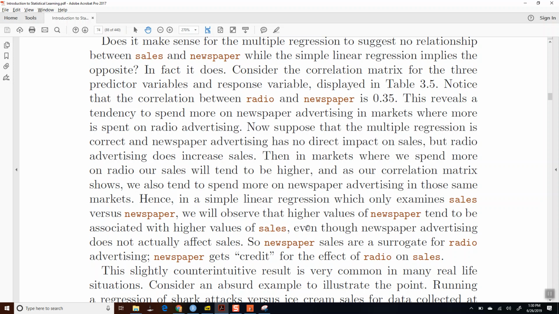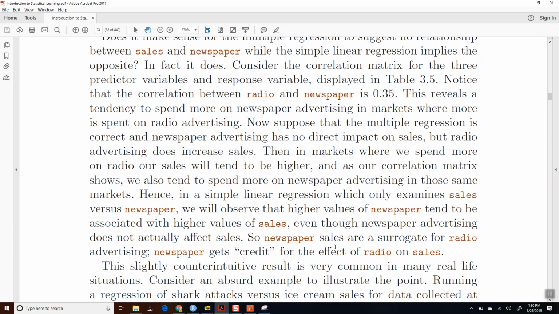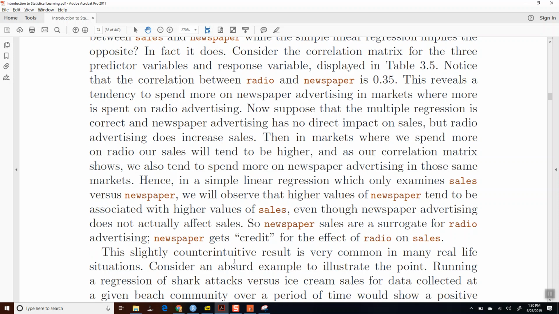So it says newspaper sales are a surrogate for radio advertising, meaning that when radio advertising goes up, newspaper advertising is also going up. And so if we looked at just the relationship between sales and newspaper spending, it's going to look like newspapers are getting credit for the increase in sales, but really it's just that the radio advertising is impacting sales. Okay,